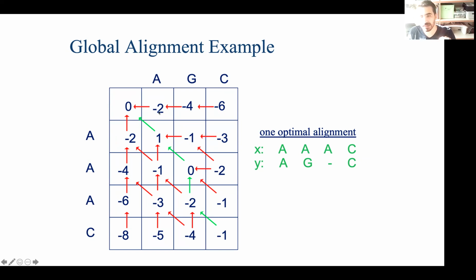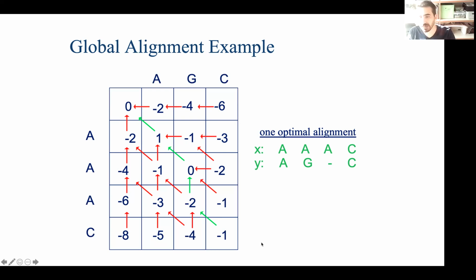So this is -2, right? And this is a match here, A and A. Remember what we have. Match is +1. So -1 + 1 is going to be -1. So it's going to be -1 is one option. So here, -2, and this is a match, +1, it's going to be -1 coming from there. And here, this is 0, and this is a match, AA +1. Therefore, we are just comparing +1 versus -1 versus -1, which is the maximum. +1 is the maximum, then we just place +1, okay? This is the logic, and you just screen the entire matrix through that.